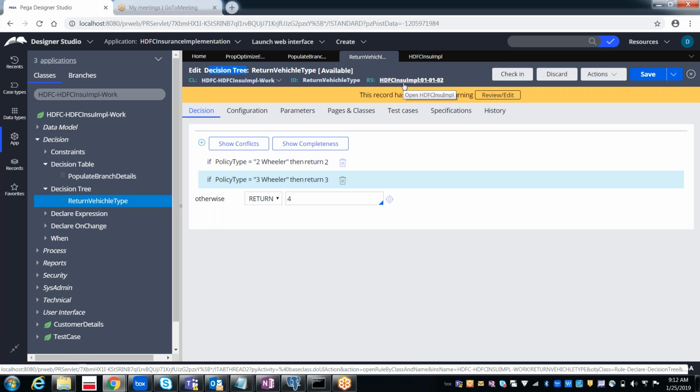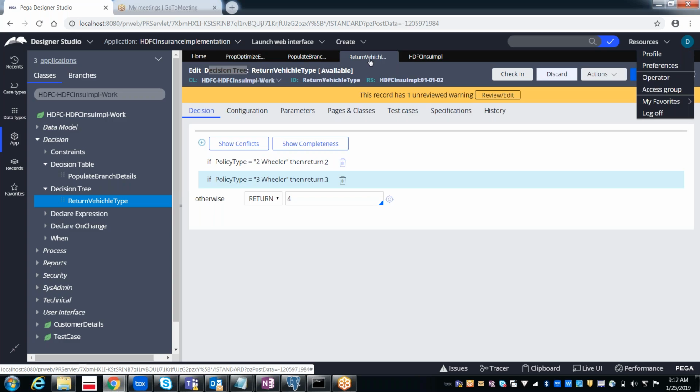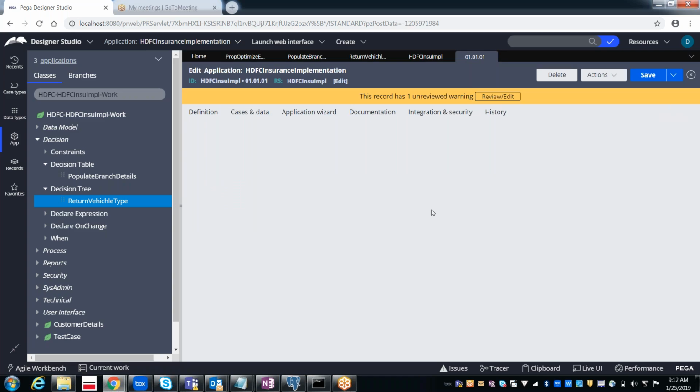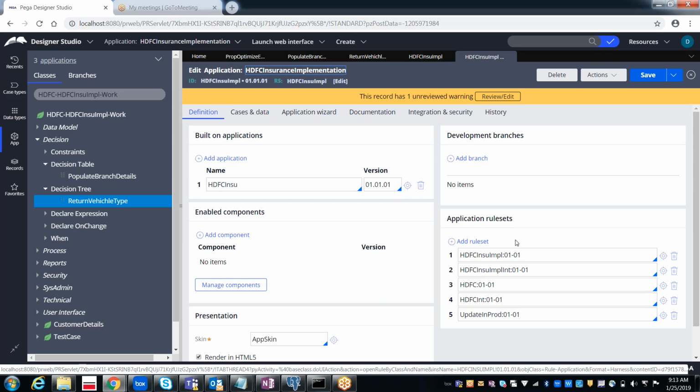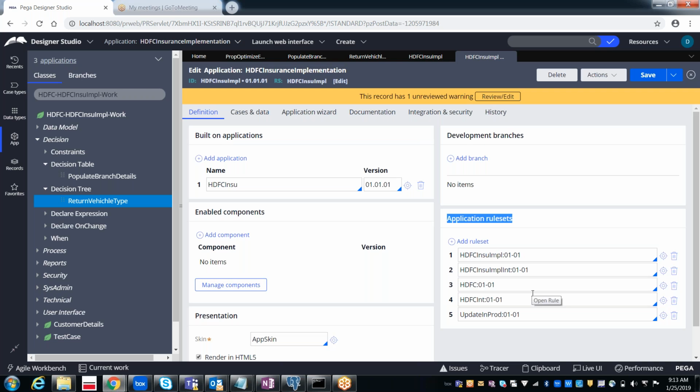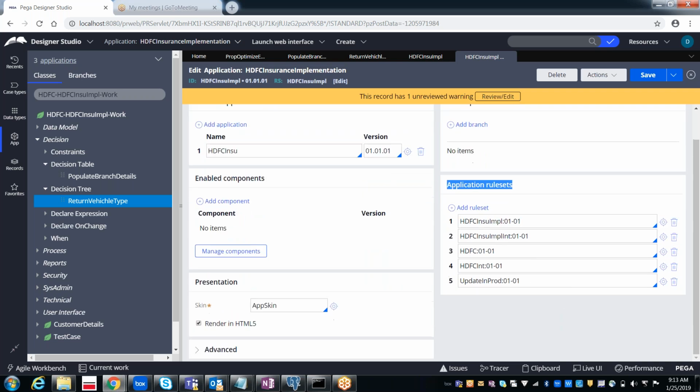So what the people will be doing is they will be maintaining one more rule set, especially for modification. So what exactly is the modification, and how exactly can we do that? Generally after opening the application, in our application definition, we used to select the rule sets on which the user will be doing the implementation, right? In the same way, here we have something called advanced.